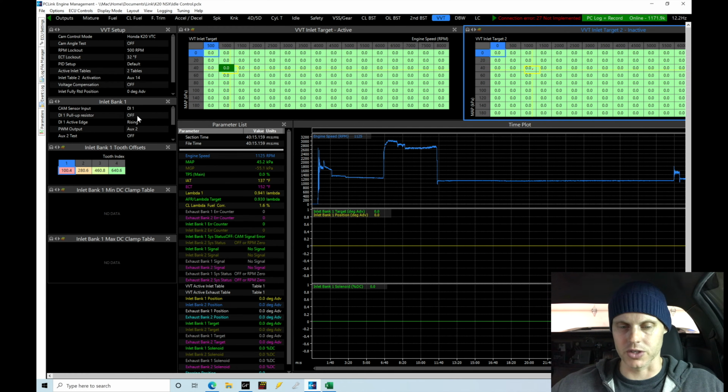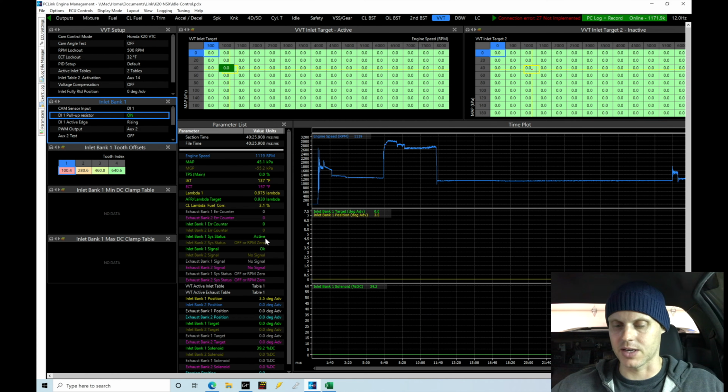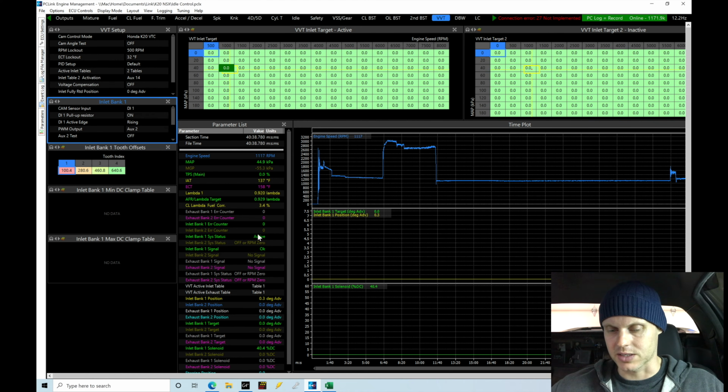Now there's a pull-up resistor, which is probably the reason why it's not working. Let's turn that on. It's a Hall effect signal sensor, which does require a pull-up resistor. I bet that's probably the issue here. And now we can see that it is active and it's okay. So it looks like that wasn't toggled on. And again, little details and settings do make a difference in order to make sure things are configured right. So the pull-up resistor needs to be on for the Hall effect sensor. That fixed our problem. And again, we could see that system status went from cam error to active, and the